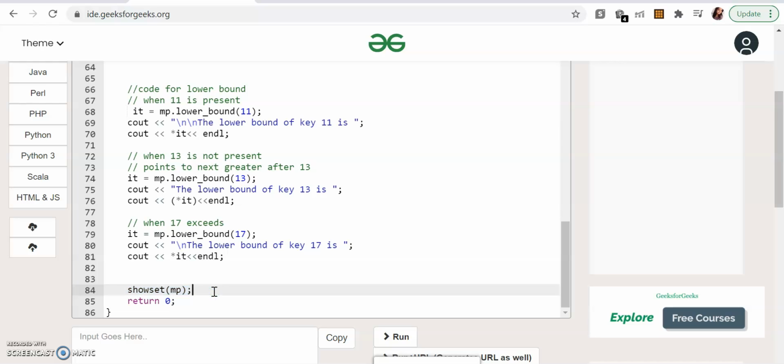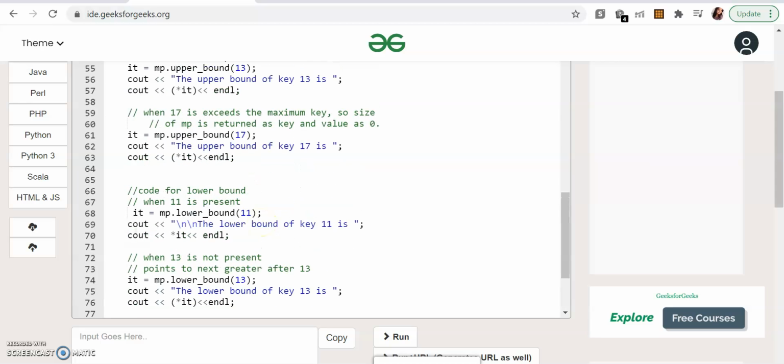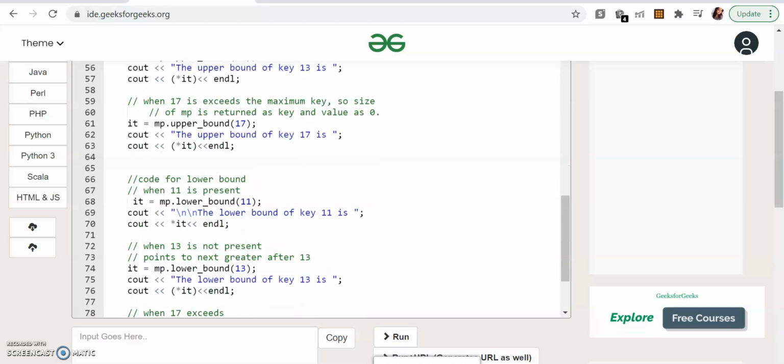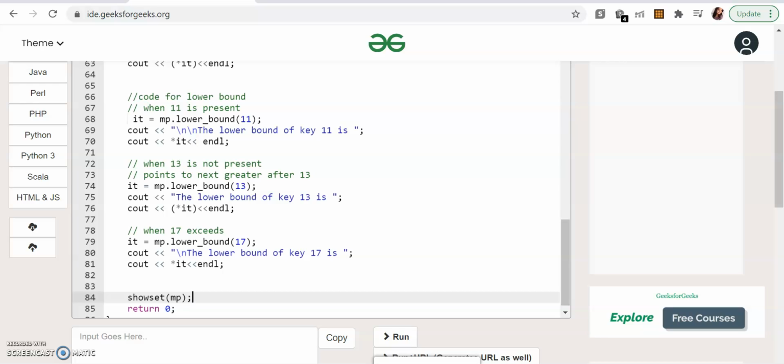The other functions that you can use are the size function, which is used to print the size. Similarly, you can check whether the set is empty or not, for which the empty function is used. All these functions are covered in detail in the map video, so that's why I'm explaining it really fast, because I don't want a lot of duplicate things here. Similarly, you can use the clear function to clear it out.